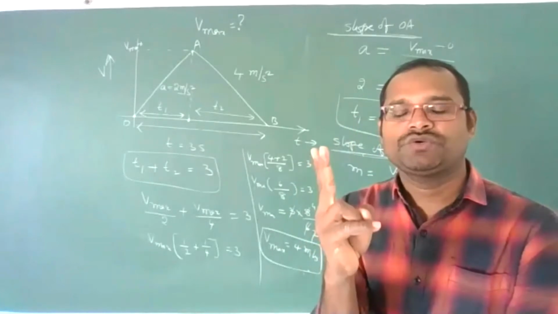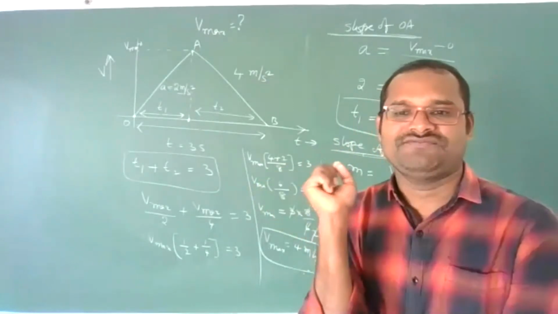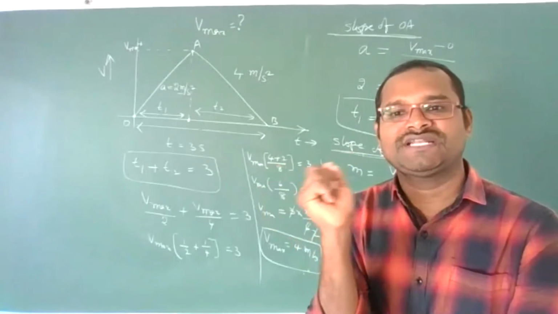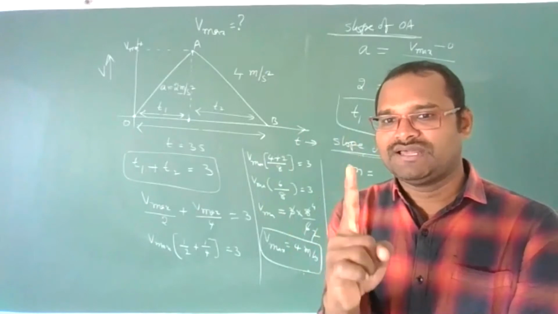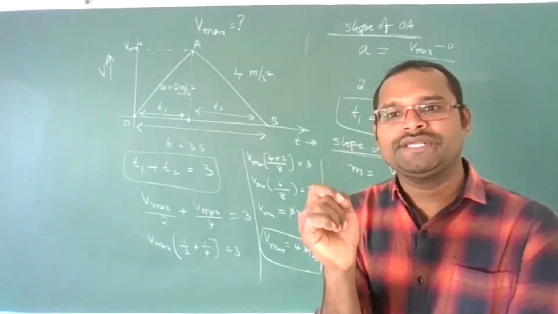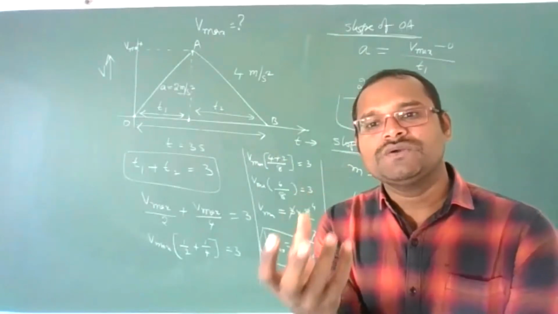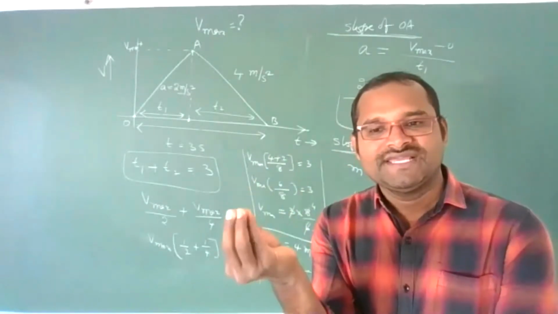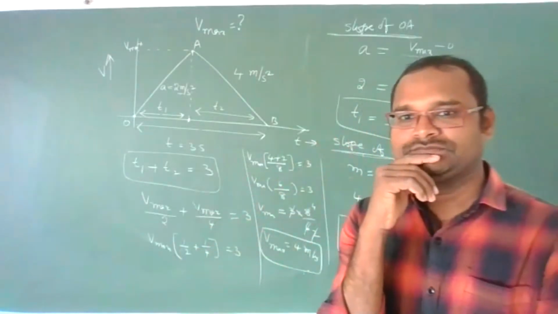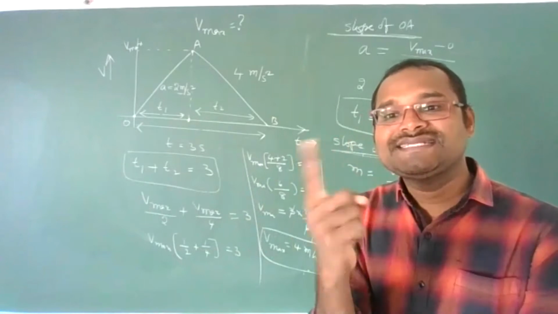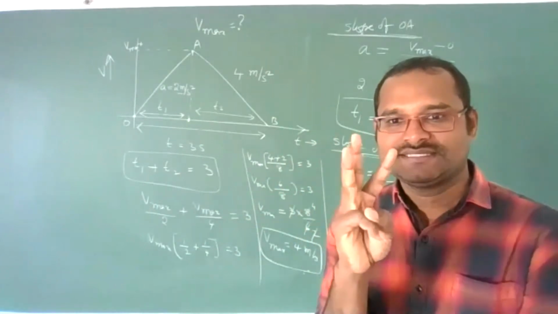And second question, what is AT graph? Acceleration time graph. If you draw a graph between acceleration and time, then it will be called AT graph. Remember, time is always the independent quantity. You should take it on the x-axis. And what is the value of the slope of AT graph, and the area of AT graph? These things are very important. And what is XT graph? Distance and time graph. These three questions.